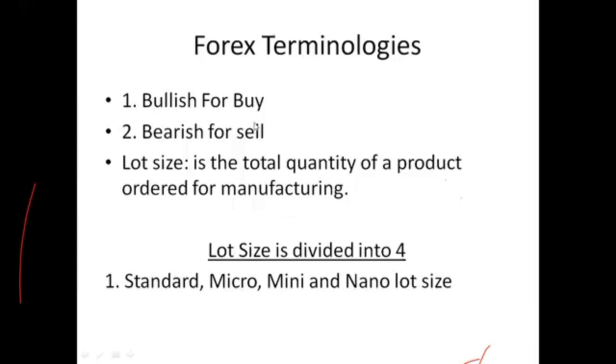Now, what else do we have on the list? We have what we call the Forex terminologies. It is important that as you step into this industry, you should be able to talk like a trader. For you to speak like a trader, you need to know these terminologies. Number one, we have what we call bullish. When someone tells you the market is bullish today, he's automatically telling you that the market is buying. And when the market is buying, it means the price is going to the upside.